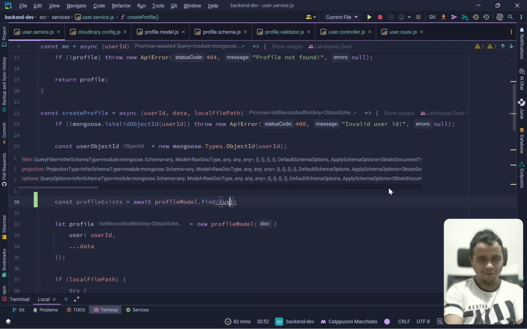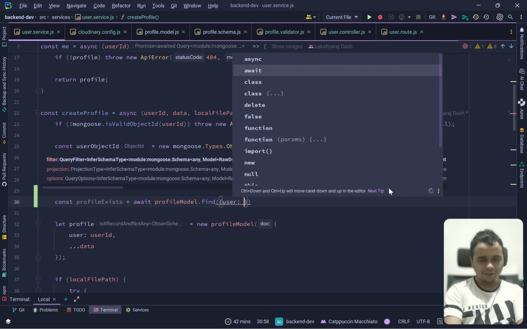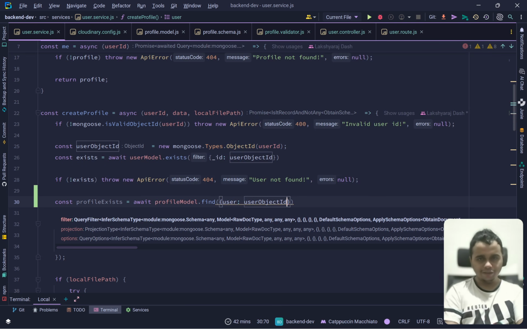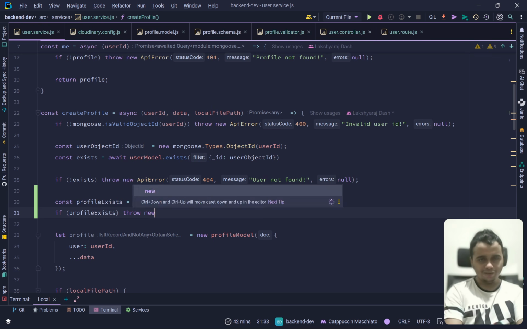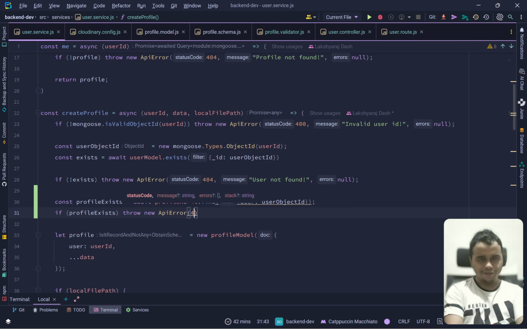Okay, profile model dot find. I will find by user and I'll pass in the user object. Okay, so if profile exists, I will throw a new API error,